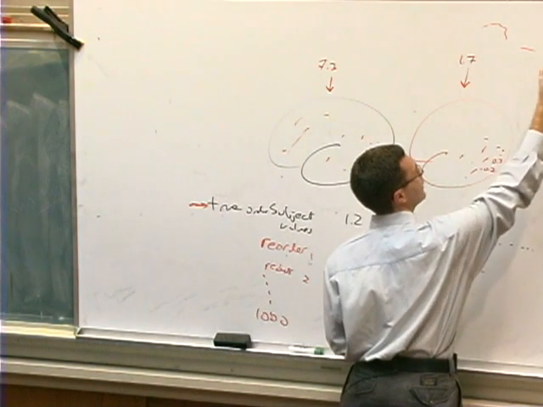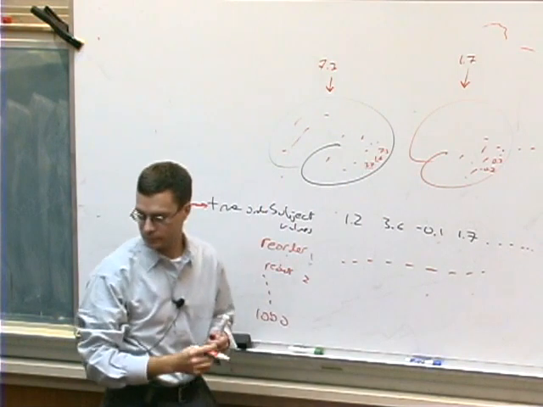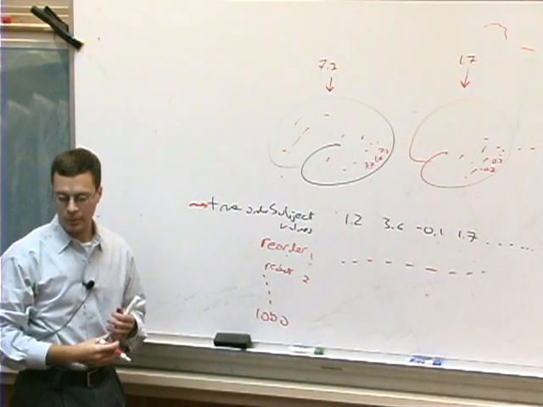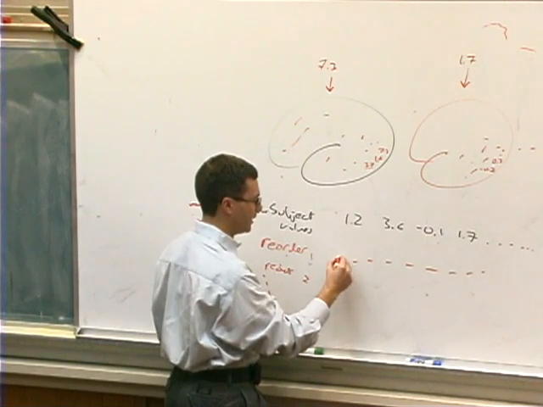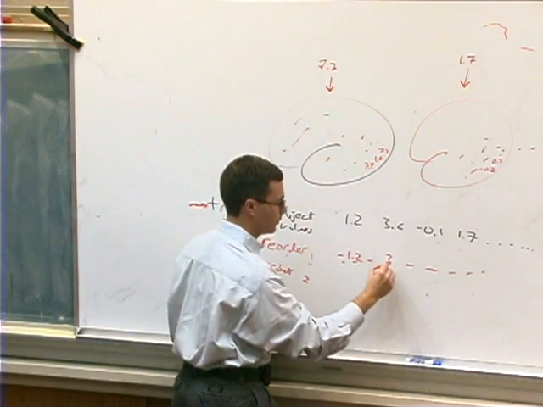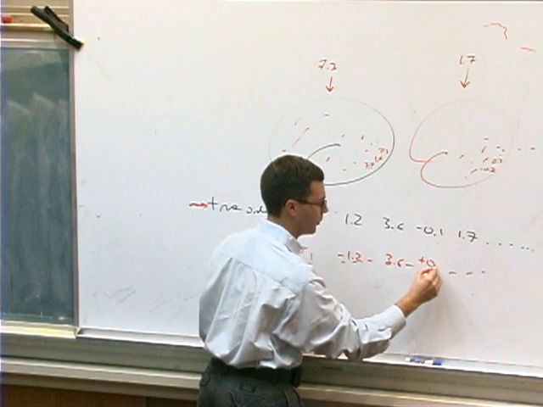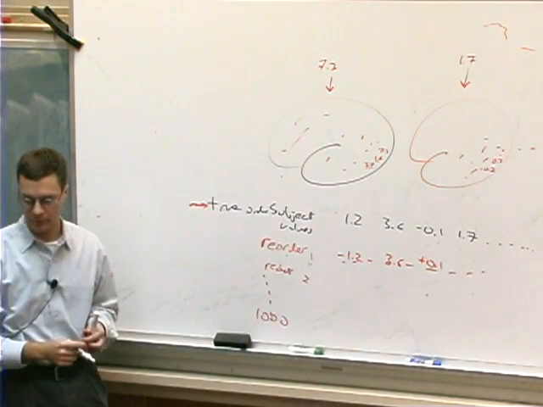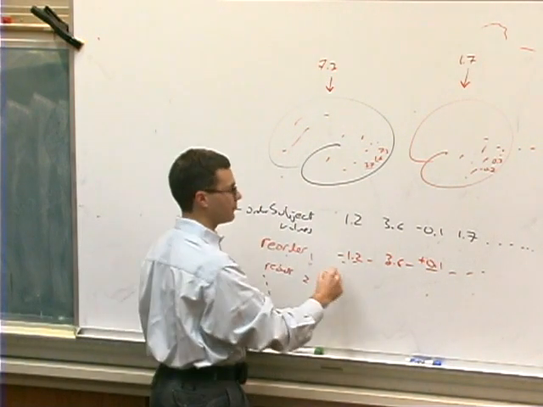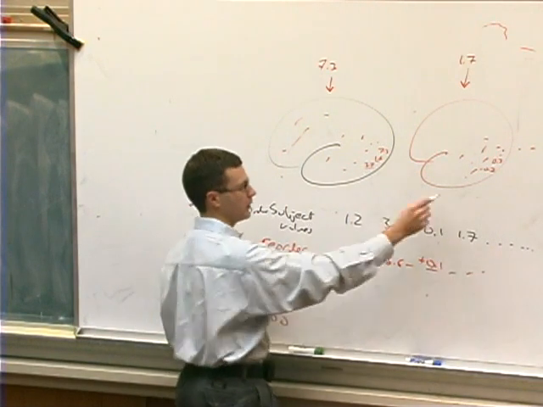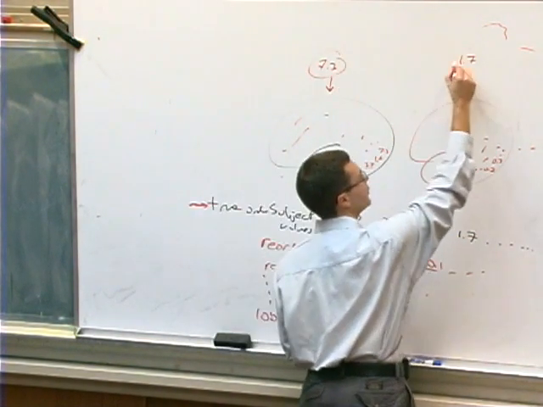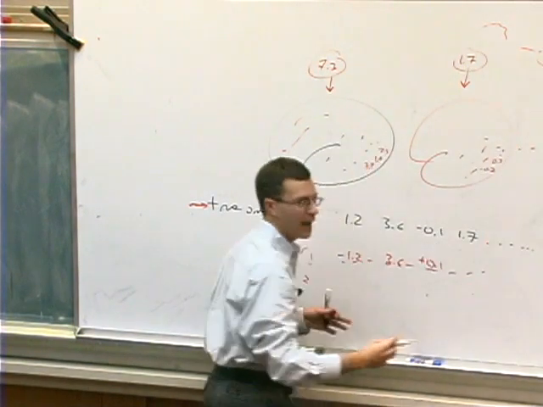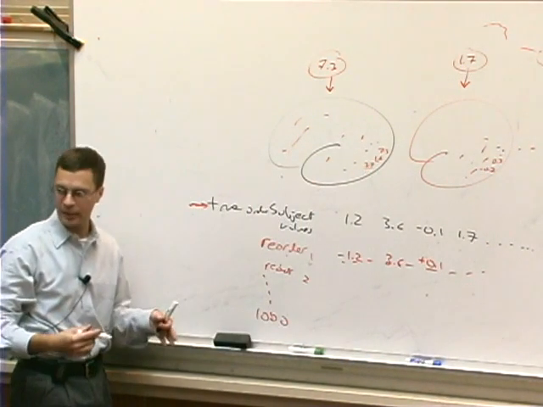Aren't you taking the same numbers each time and randomly permuting them? Well, in this example, I'm doing a signed permutation. So this becomes negative 1.2. This becomes 3.6. This becomes positive 0.1, and so on. You're good? So you come up with a different set of t-statistics at each voxel each time. So you have the maximum t-value that was seen in each map under each possible reordering or manipulation of the data.